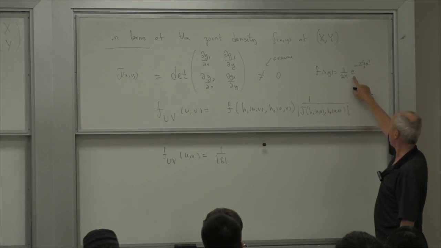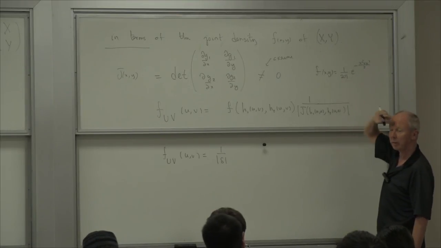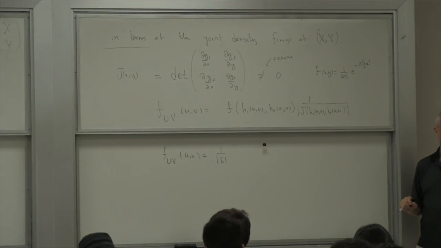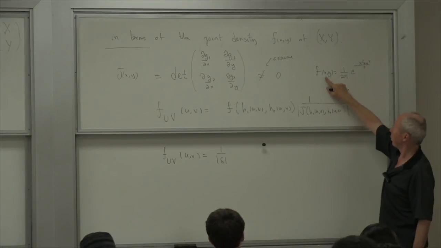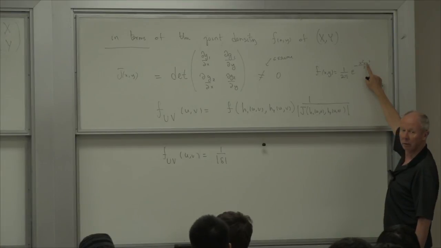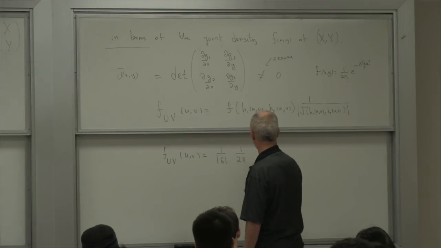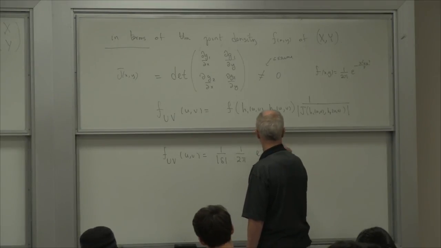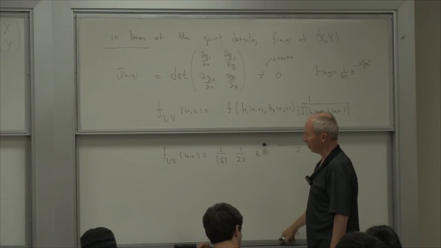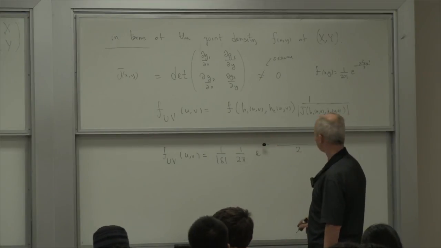It's that. Right? This is 1 over root 2 pi times e to the minus x squared over 2 times 1 over root 2 pi e to the minus y squared over 2. It's the product of two normal mean zero variance 1 densities. Now I have to evaluate this at h1 of uv, h2 of uv. So I put h1 here and h2 there. H1 is 1 over delta